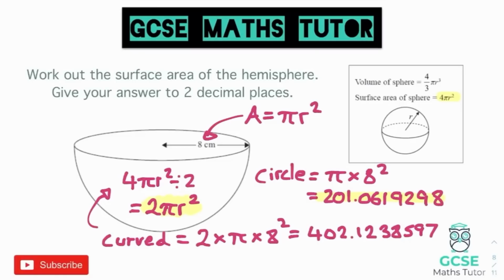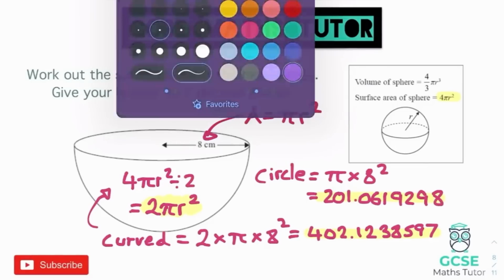And there we go. And that is the curved part of the hemisphere. Now obviously we are looking at the overall surface area. So we want to take both of those pieces there, the 201 and the 402, and add them both together. And if we add them both together, we're going to get to a final answer. So if we write that working out down, let's just write this down just below, we've got